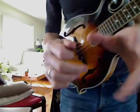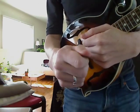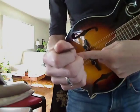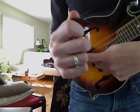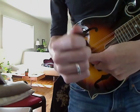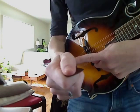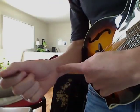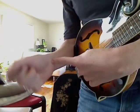Movement for the right hand. You're not turning a doorknob. You don't want to be picking the strings with this kind of a motion. The motion you want is entirely in the vertical plane, and it's all from the wrist. Your wrist is just moving up and down like this. It's not your entire forearm. You just need to imagine that you've got a little axle coming into your wrist like this, and your wrist is rotating about it